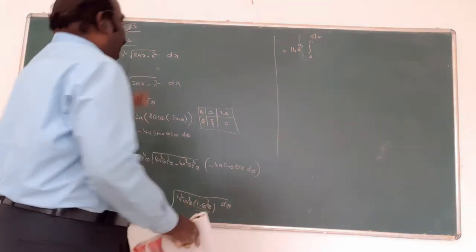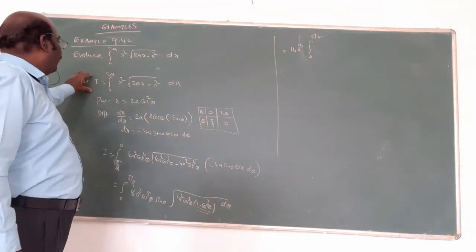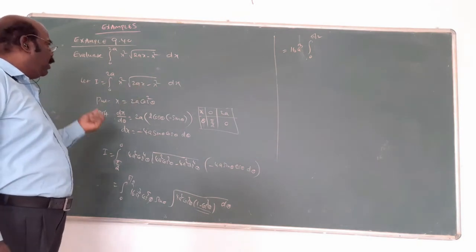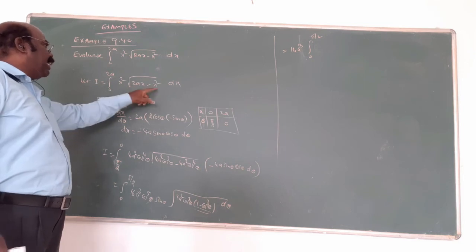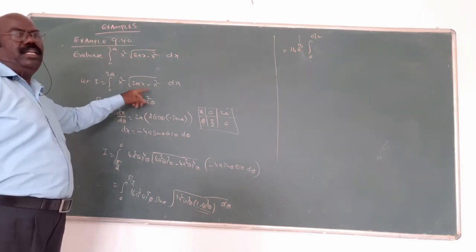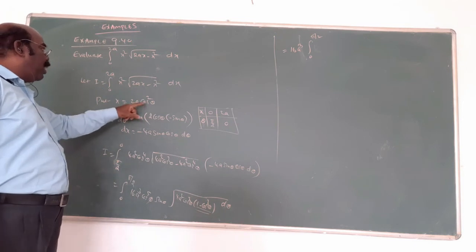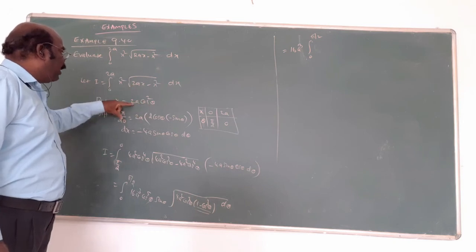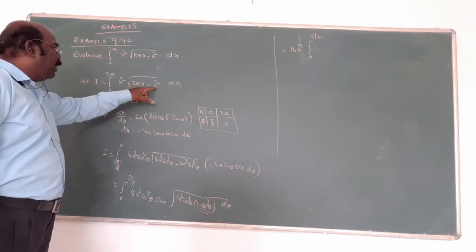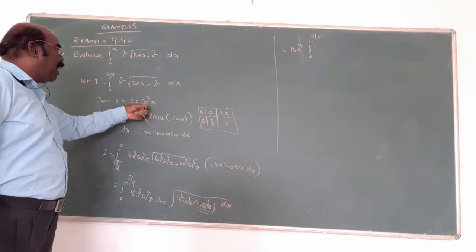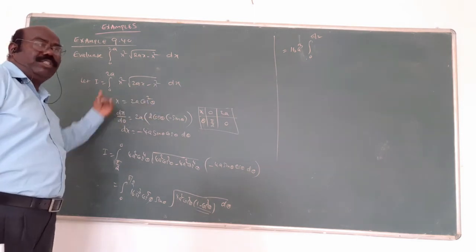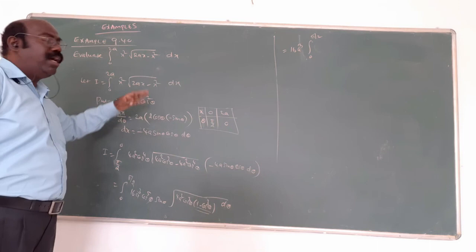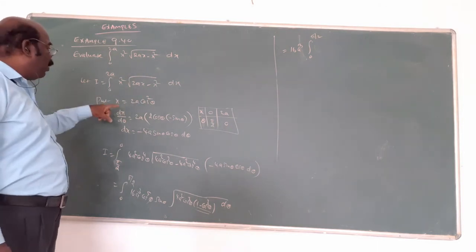Well, here let me explain everything. The question will be x square root of 2ax minus x square. We don't want the square root. Here x is also a part of 2a minus x. To avoid the square root, we substitute x equal to 2a cos square theta. Then x square means 4a square cos square theta, and 2a minus x gives 1 minus cos square, that is sin square. So 4a square cos square sin square, and automatically the root will be cancelled. In this way you substitute.